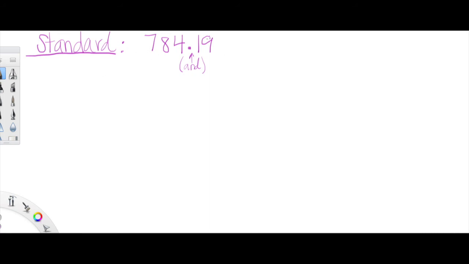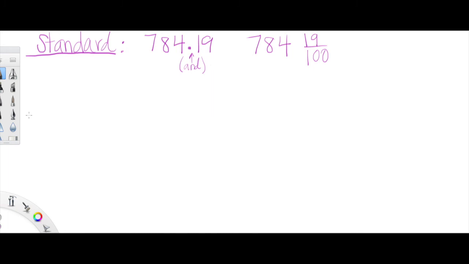So the number, whether this is what I said originally or not, this is what we're going to look at. 784 and 19 hundredths. So here's the decimal form of that. We can also write this fabulous number in fraction form. 784 and 19 hundredths. Oh, Cal's flying in with an airplane. Okay, so we have standard form here in purple, and